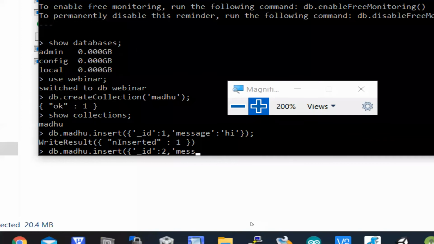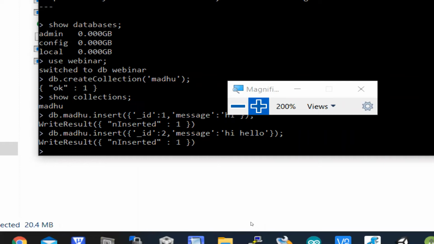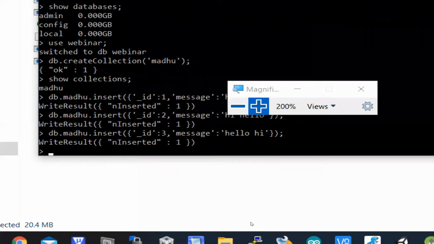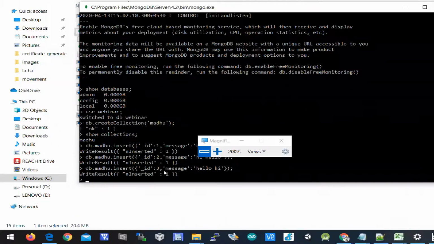Let's write a new message, or you can write the same message. Then a new document has been inserted. Let's insert one more document, with ID 3. Again one more document has been inserted.